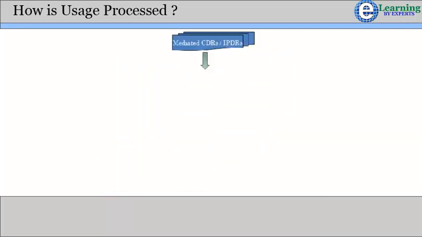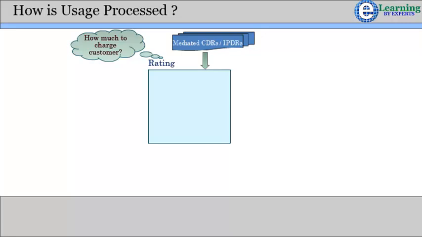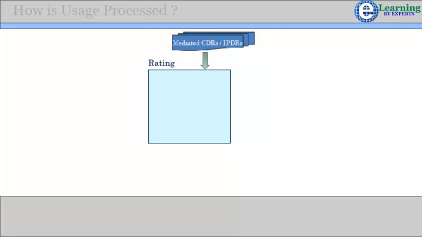Once we have the mediated CDRs, some process within the system has to associate charges to them. Rating is a process that determines how much to charge customers for the use of purchased services. Rating is performed on events that are generated when a customer uses a service that has cost associated with it. The rating consists of the following components: